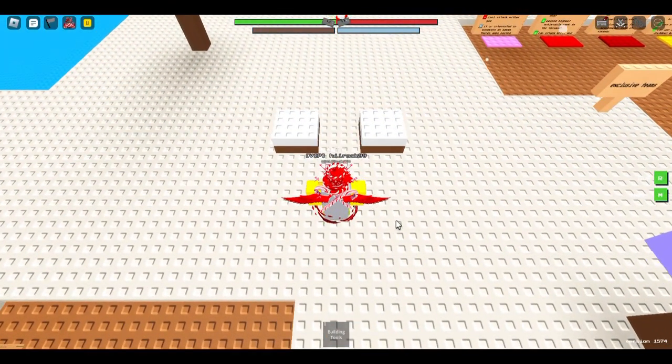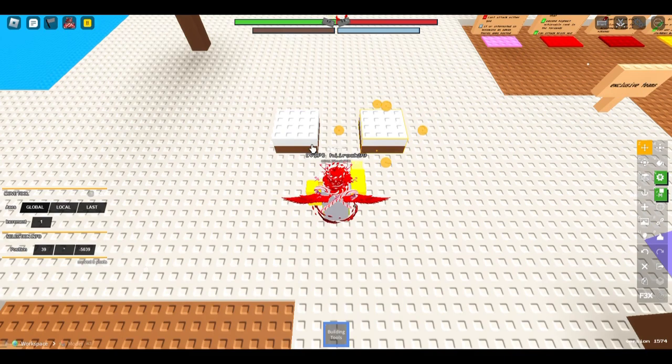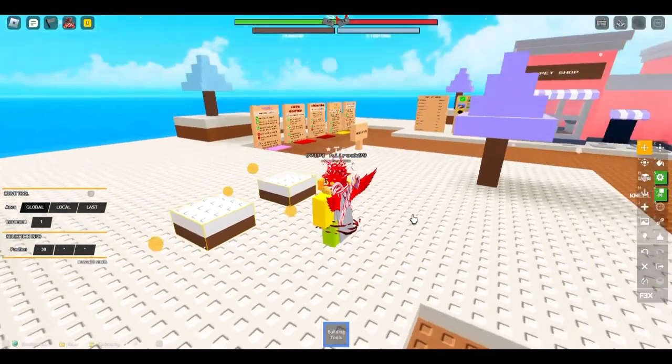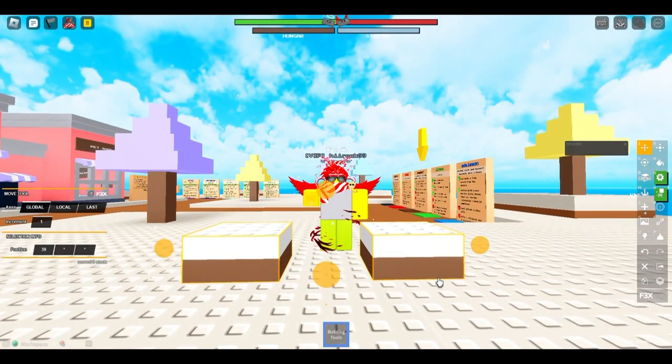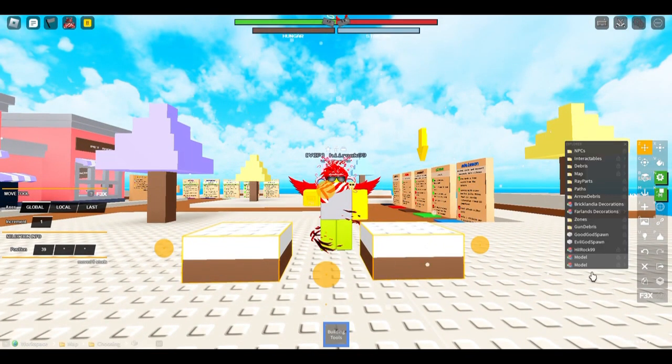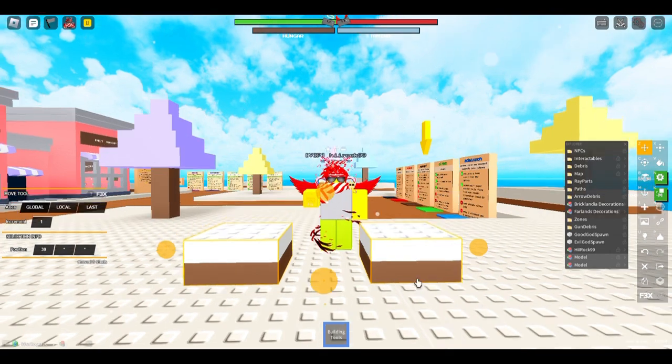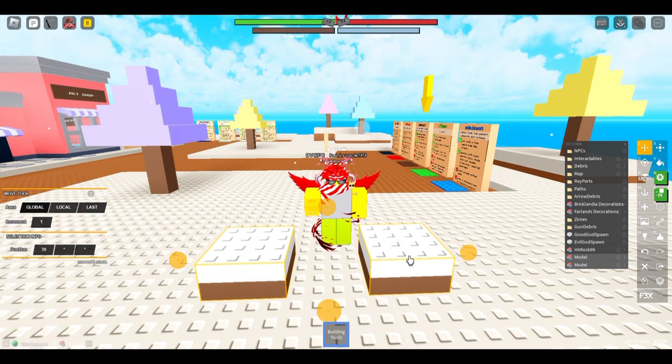The other thing I want to go over really quick is saving multiple models within each other, or groups, whatever you want to call it. As you can see, I have two hills here. I just copied the other one over. And if I pull up the Explorer, you can see they both are highlighted. And they'll both be named model because that's the default when you group things. So if we group them together, and then I go to save it,